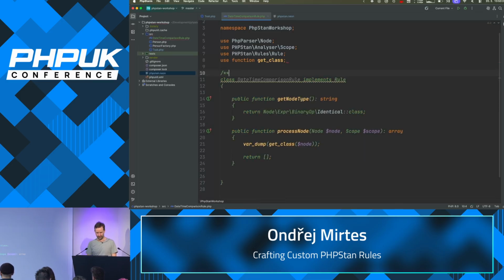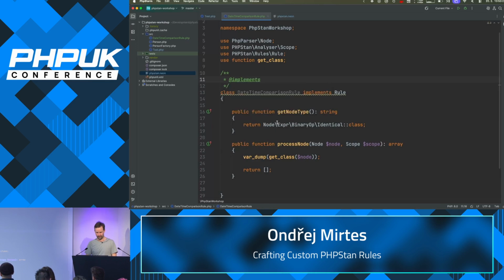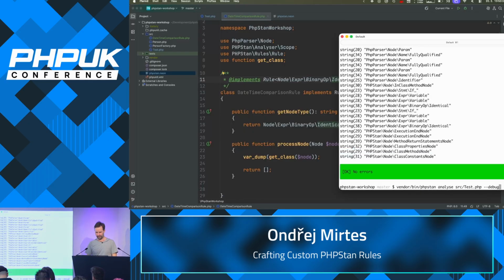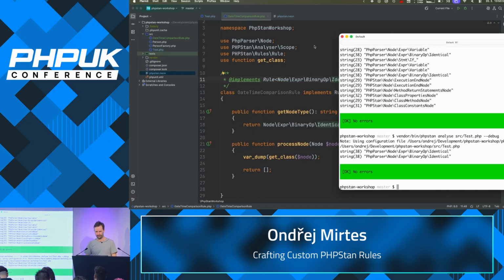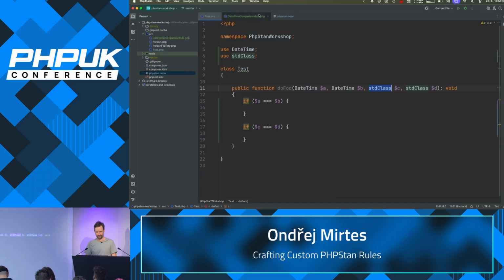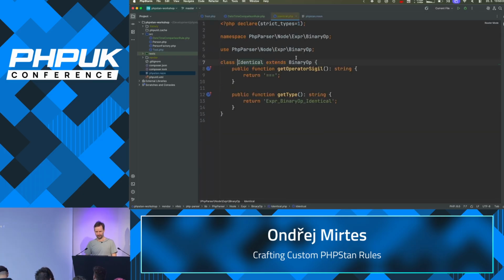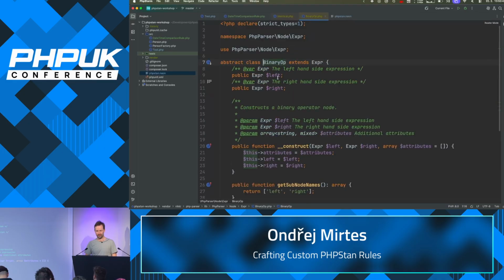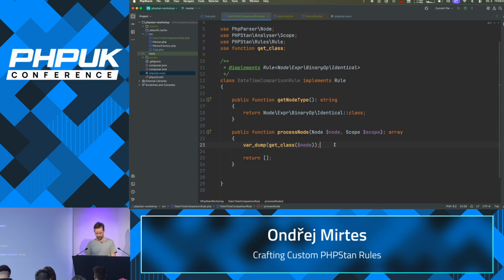We will also use generics here so that it auto-completes. And now it executes only twice for the two comparisons that we have here. All right, Identical extends BinaryOp. And all binary operations have a left side and a right side, and both are expressions, which means that we can get types of these expressions. So left type,